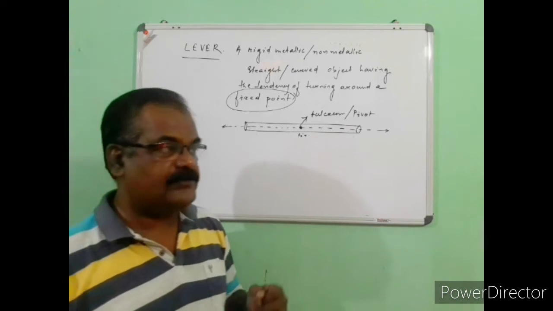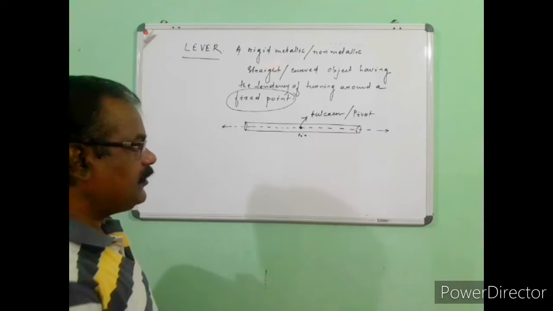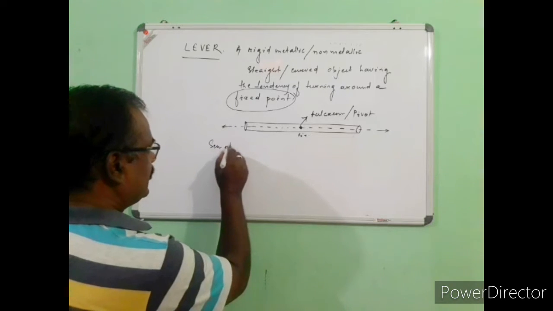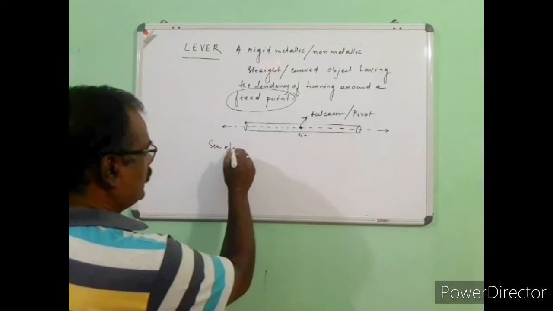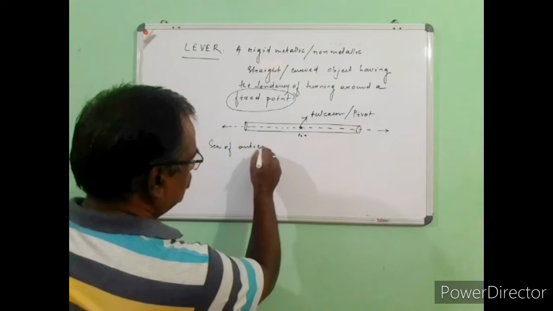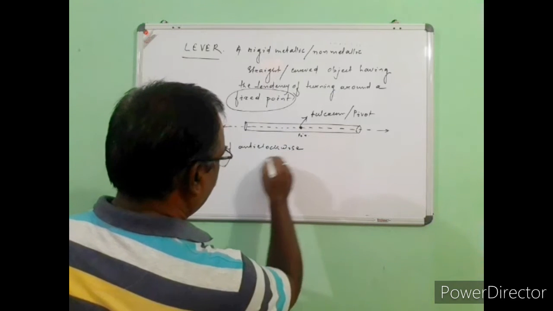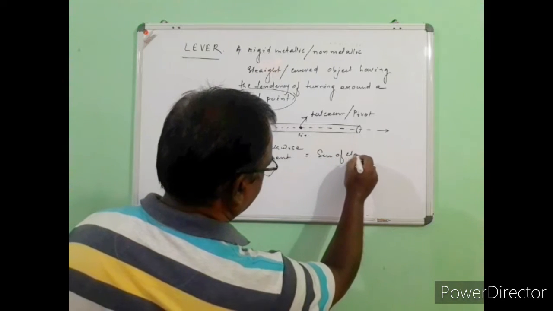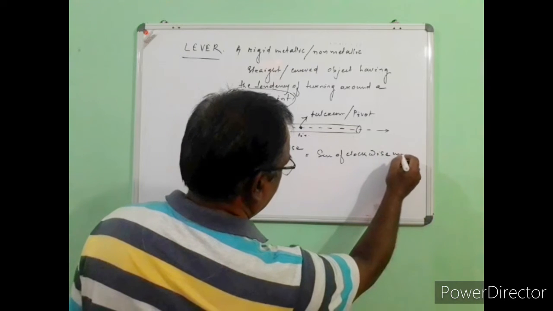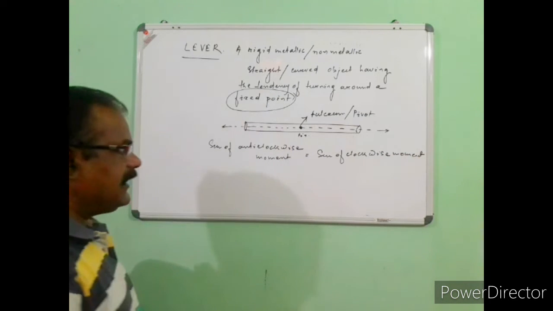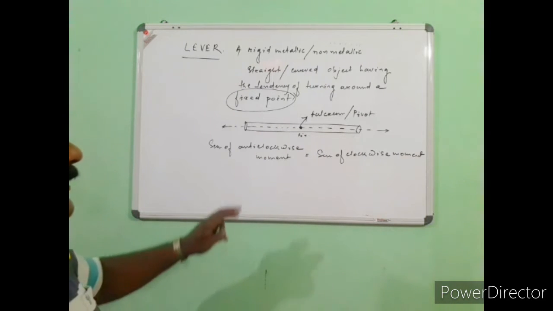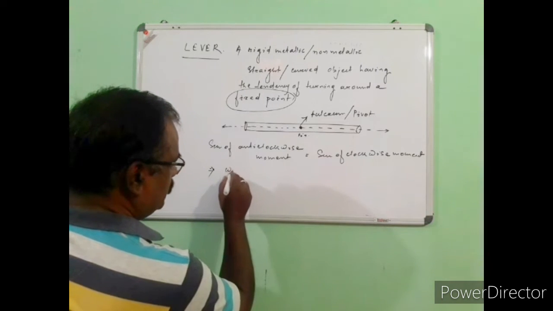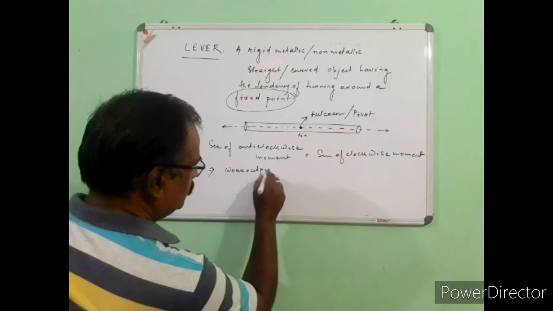As you have already read in your previous chapters, according to the principle of moment, the sum of anti-clockwise moments should be equal to the sum of clockwise moments. The lever acts on the same principle, so the principle of a lever is that the work output should be equal to work input,